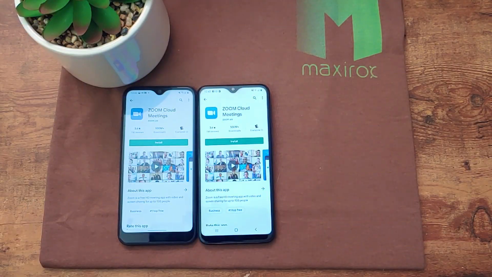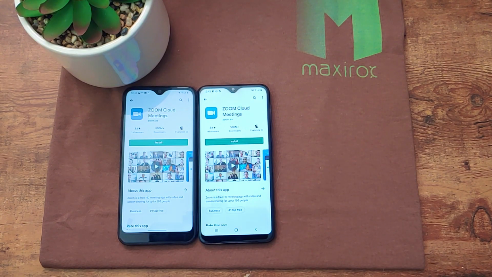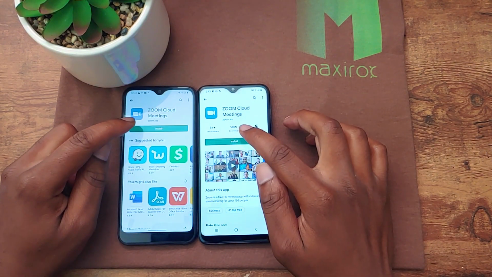Let's get to the next part of the speed test and see which device can take that one. So Mass Squad, with this next part of the speed test here, we're going to be doing the application install test, in which we install 3 of the top applications here from the Play Store. Whichever device installs 2 of those 3 faster than the other automatically wins this part of the speed test. And so to get things started here, as you see, Zoom Cloud Meetings is pulled up on both devices. We're going to install that here in 3, 2,